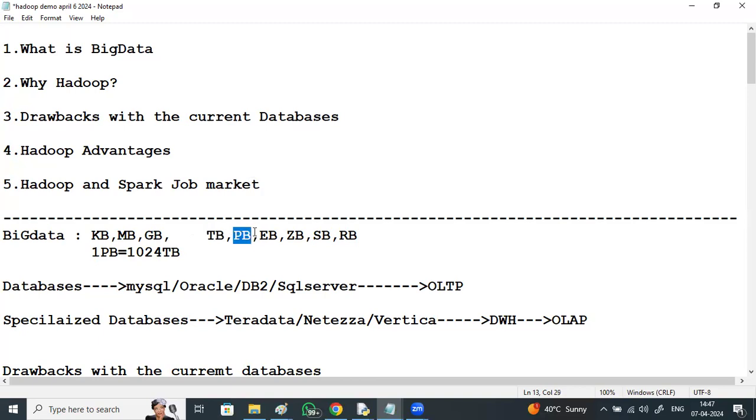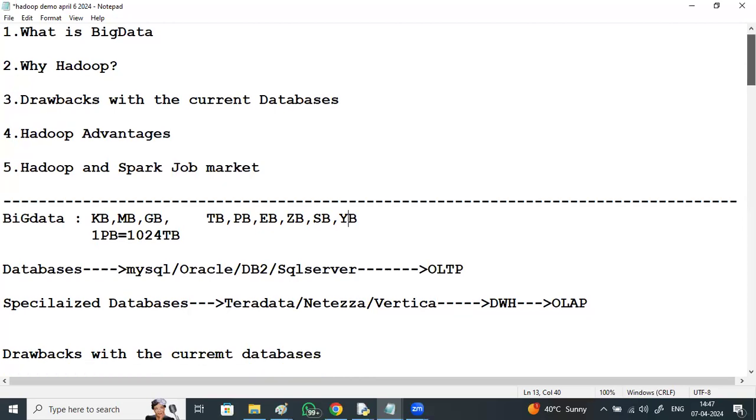Any application, like YouTube, Facebook, Google, Gmail, and Flipkart, Amazon, are generating data in petabytes. Beyond petabytes, we have exabytes, zettabytes, and so on.